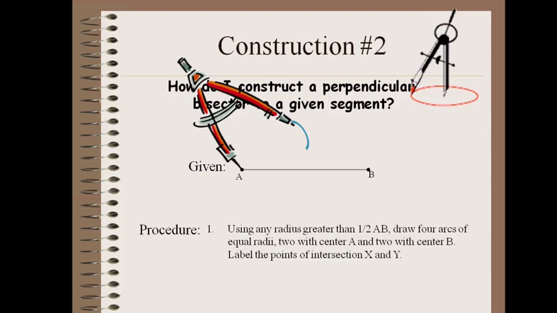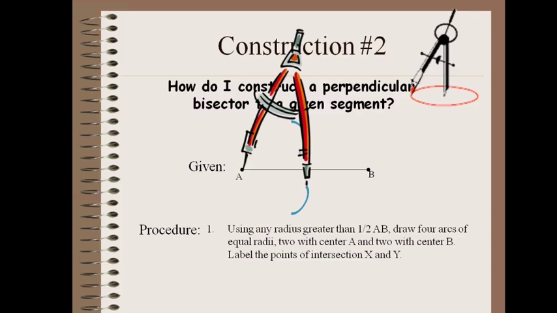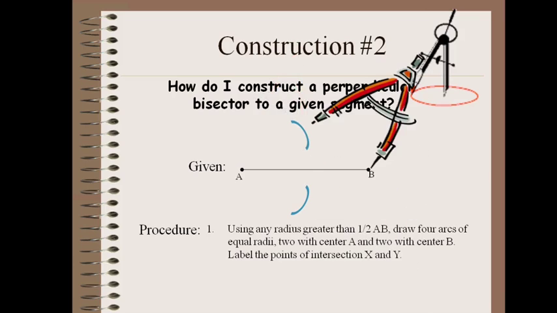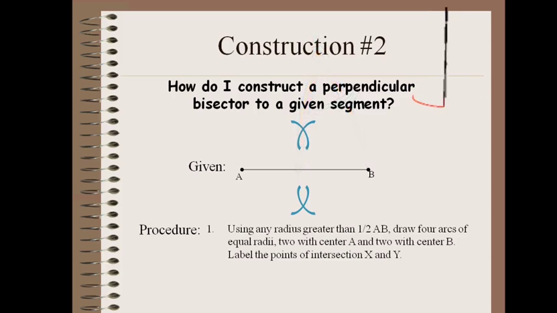With that, from vertex A, you can draw two arcs, one above the line as shown on your screen, one below the line. Now you will interchange your position and keep your pointer at B, and inscribe two more arcs, one above the line and one below the line, in such a way that these two arcs made from vertex B should intersect the previous arcs which were made from vertex A, like this.